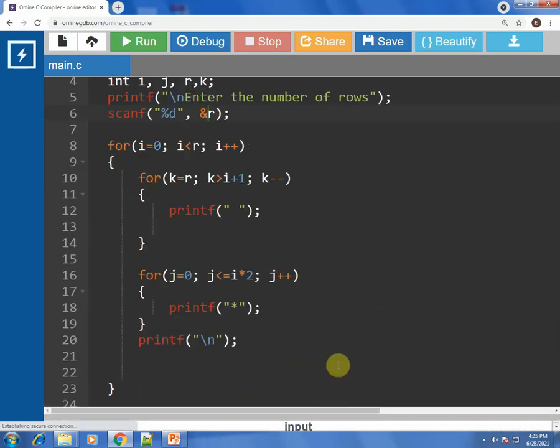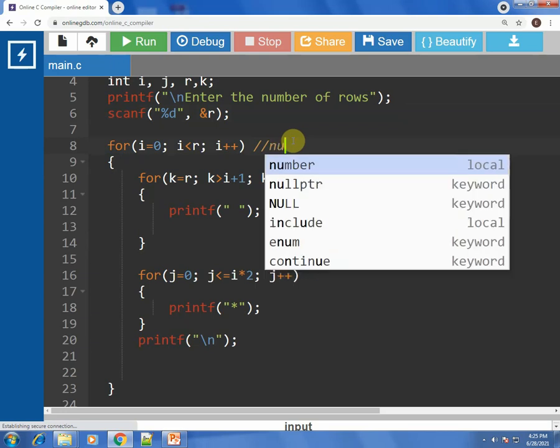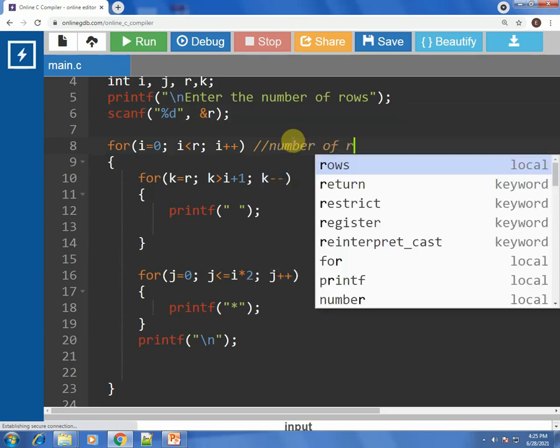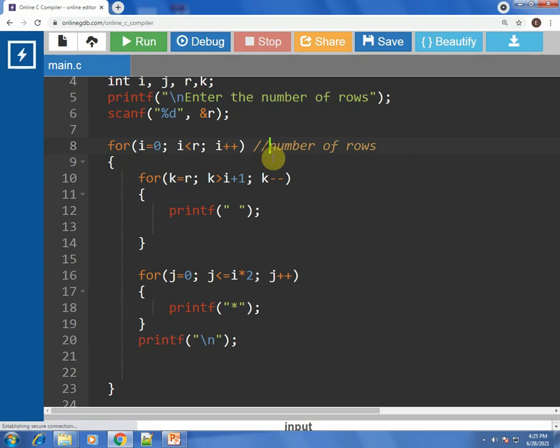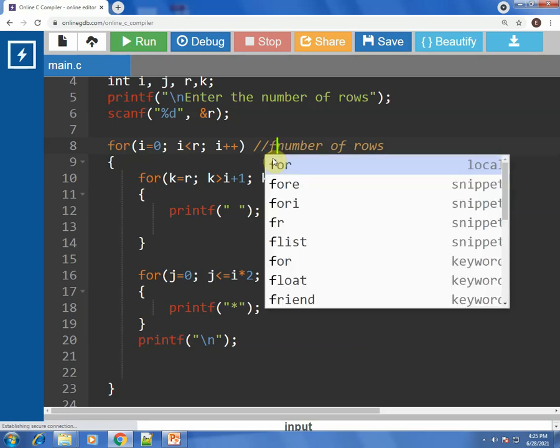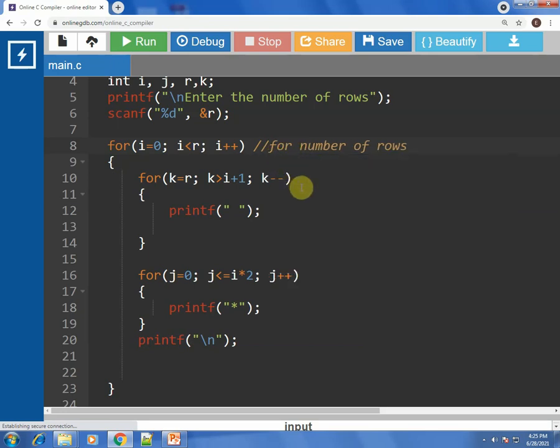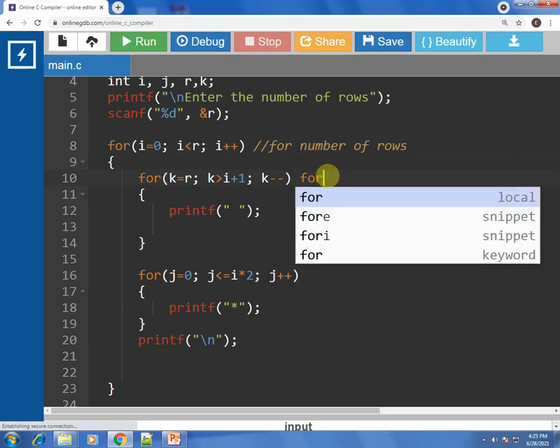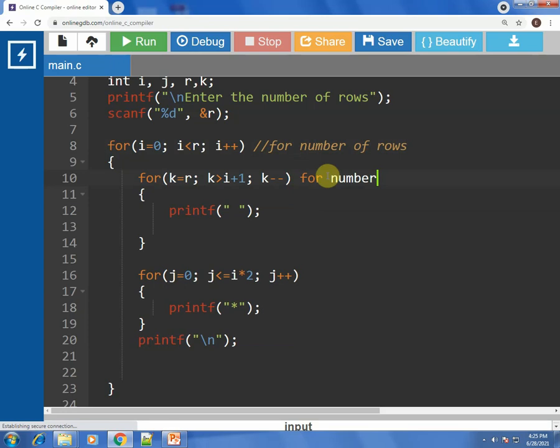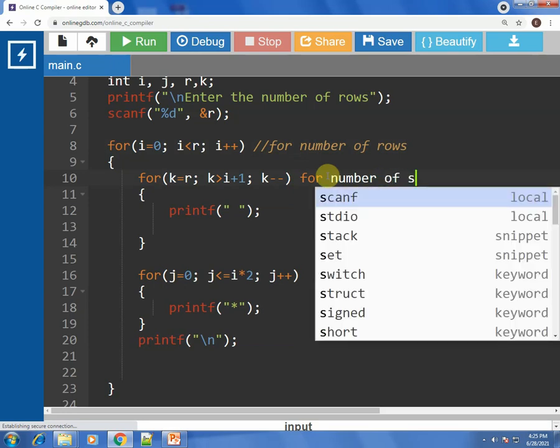Now what exactly happens in the program is, as I mentioned to you, this loop is for taking care of the number of rows. I'll put comment statements so that you know what each loop means. This loop is for the number of spaces.